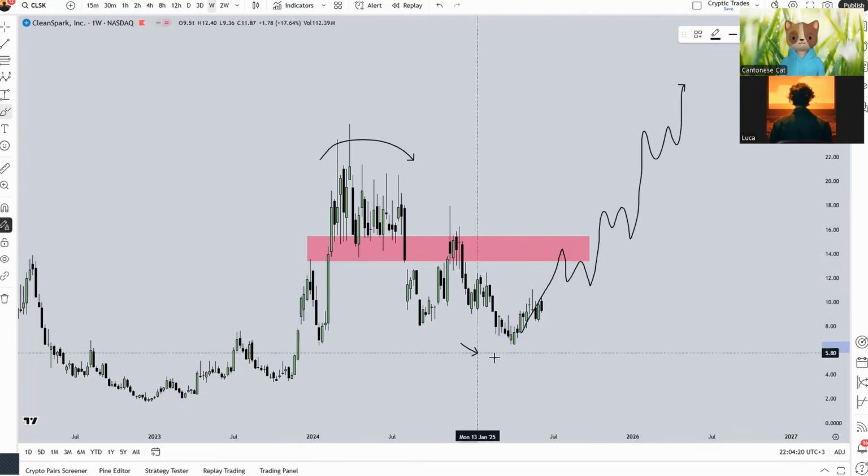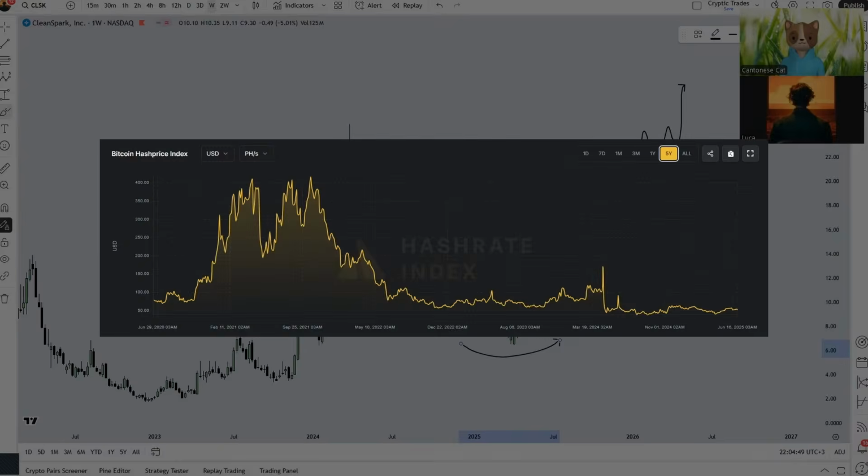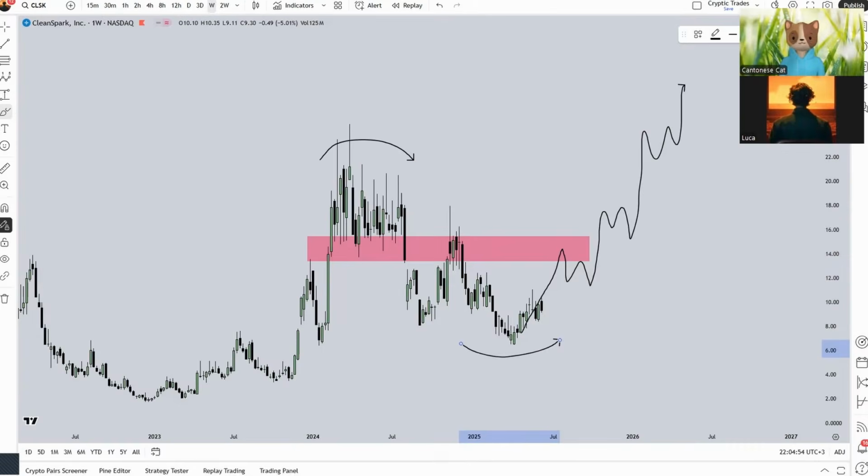And now it's pretty much an accumulation phase where institutional investors have increased their ownership and their exposure to these Bitcoin miners, most likely expecting something coming in the next couple of months, whether it could be political support from the pro-Bitcoin Trump administration or something else. Something else I've been tracking is also the hash rate index, which tells us how much money these Bitcoin miners make per exahash. Interestingly enough, we're seeing it at the lowest levels it has been over the past few years, which tells us that there's only room to grow from these levels.